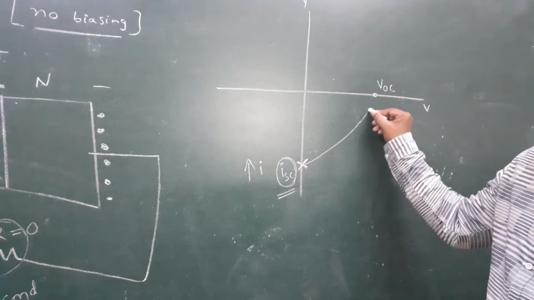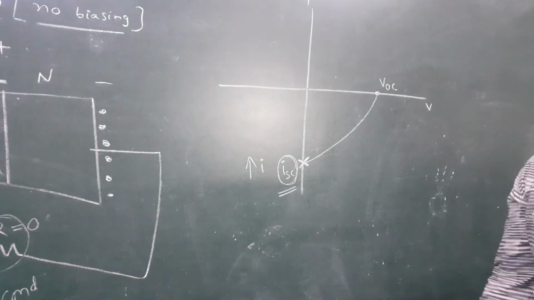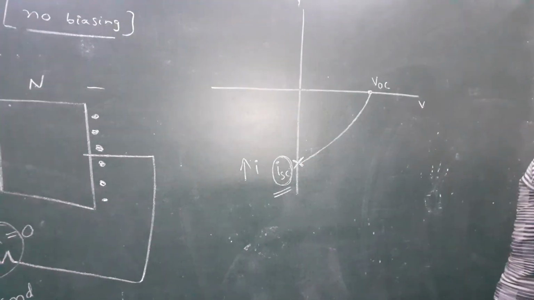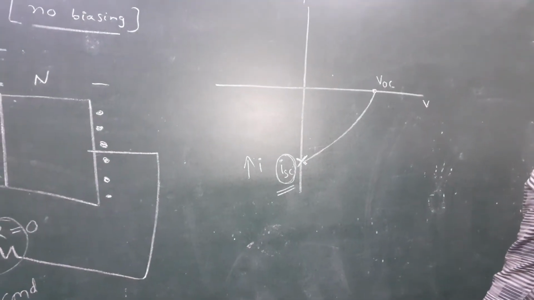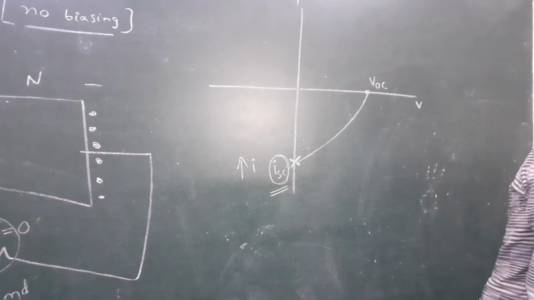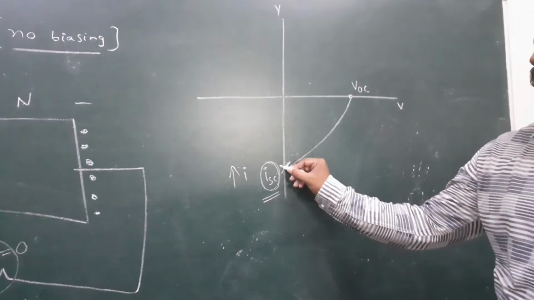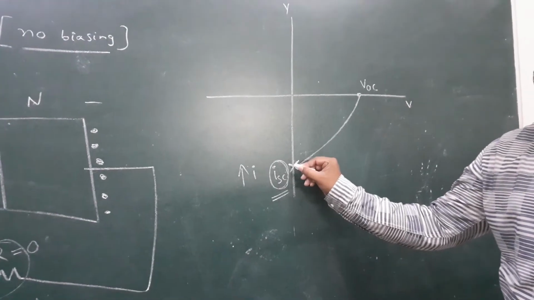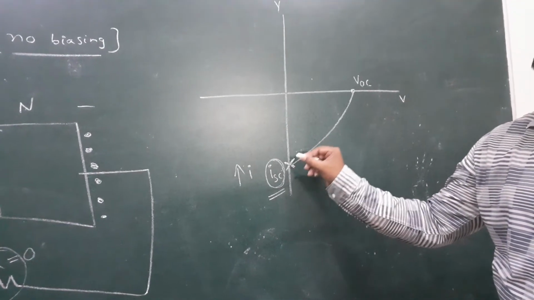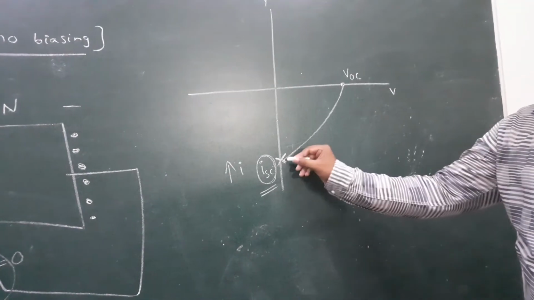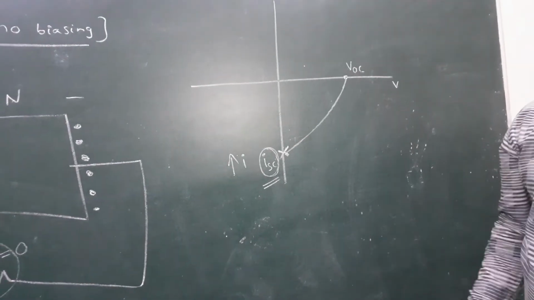This is the graph of the solar cell. That means open circuit, current becomes 0. Closed circuit, but the wire is a conducting wire, that current is called short circuit current. Here low voltage is applied, approximately that voltage becomes 0. So that is why this point can be taken here. So this graph is of a solar cell.